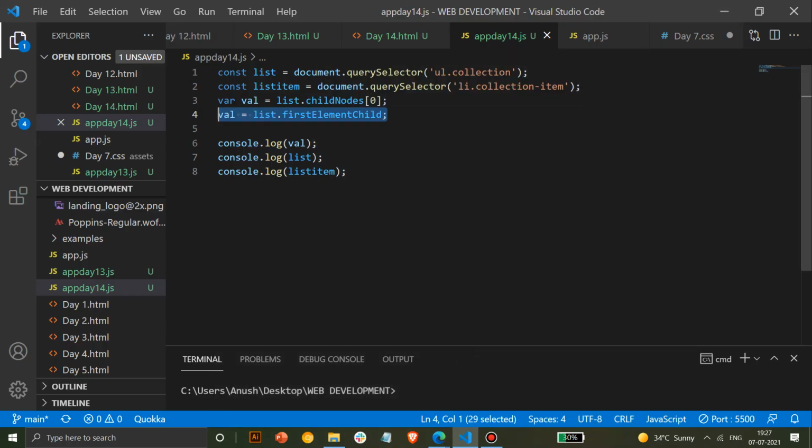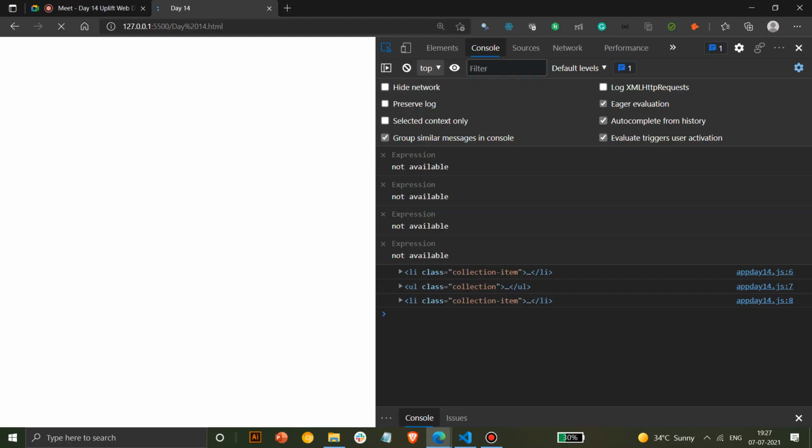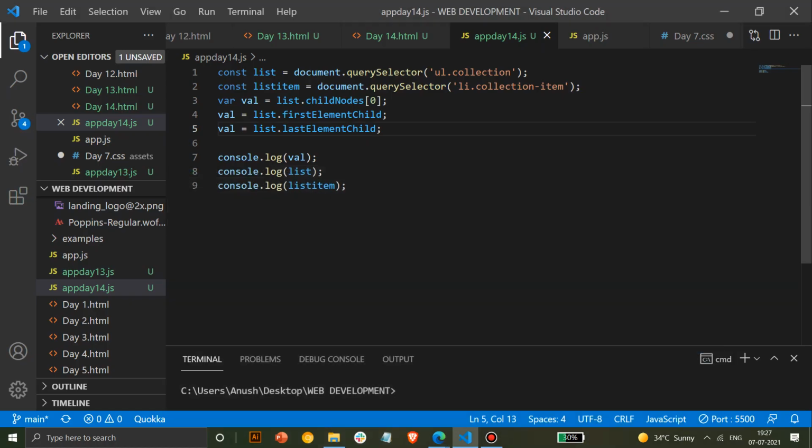Same thing for the last element also. You can use list.lastElementChild, and you can check that. This command works anywhere. If you have to access the last child, it will be lastChild, and if you have to access the last element, it's lastElementChild. The L should be small here, so you can display the last element also. That will also be an li. If I hover over it, you can see JS is selected. These are basic commands you may require to access a specific element. By default JS will show text and all the elements present. If you have to access a specific element, you can also do that using the array method.